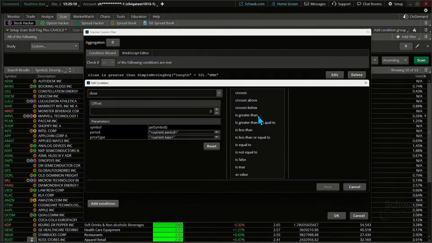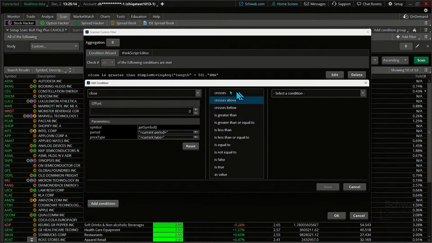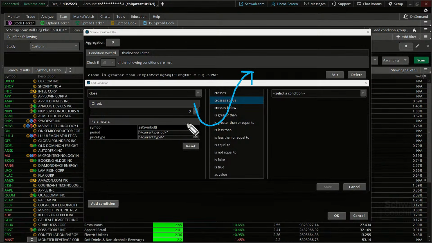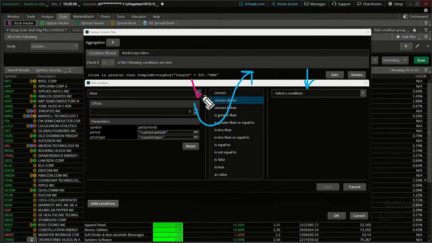I can use the greater than and pull up that IDXX and others, but if it's crossing above, that's a different action. That implies that we went below and now we're going back up above. So this moving average that we're going to put in right here, what we're really telling the computer through code is that prices went below this level, and then they went back up above.